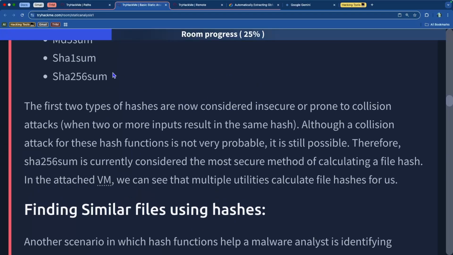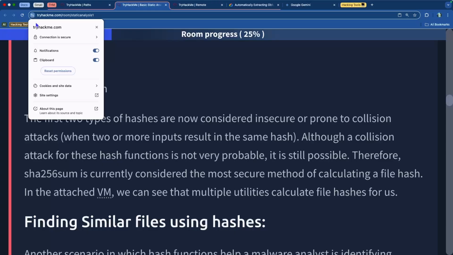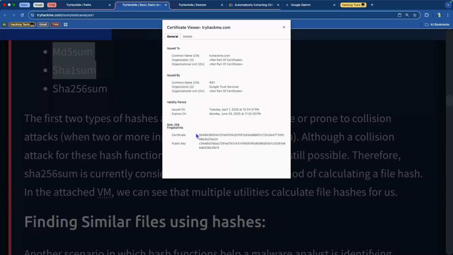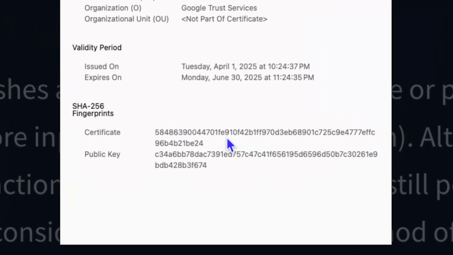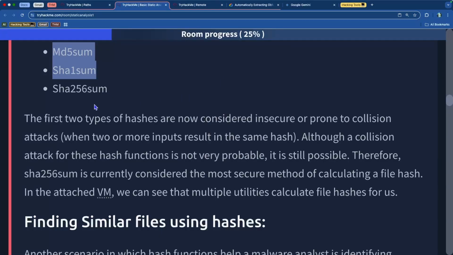These are now considered insecure, these two right here. So you will not find them commonly in modern applications or anything of the sort. One of the examples that I give all the time is that when you go to this little button right next to a URL, click on connection is secure, then click on certificate is valid, and you will end up seeing the SHA-256 fingerprint of the certificate, the asymmetric certificate that's used to encrypt the connection to TryHackMe. So that is the most, I'm not going to say it's the most secure encryption, but it is kind of like the common standard across the board right now,